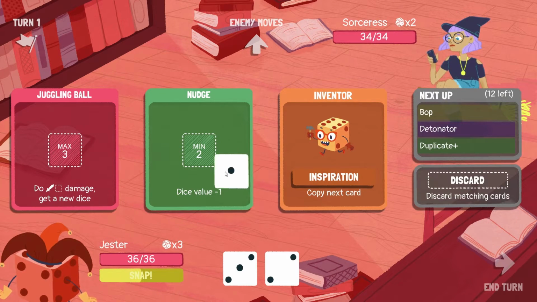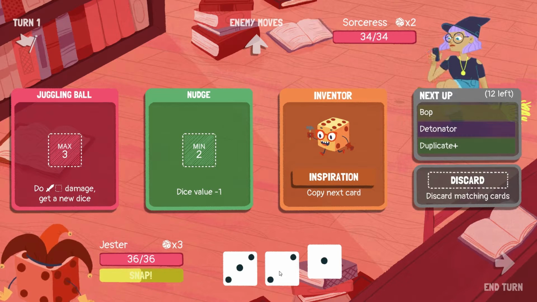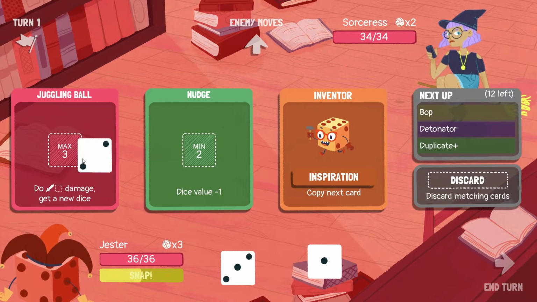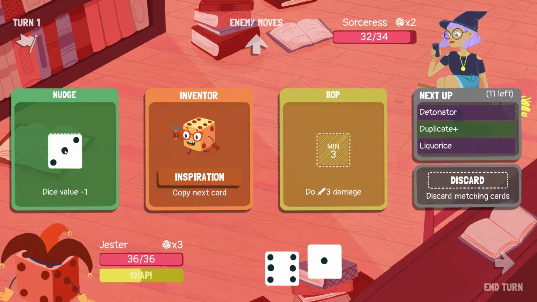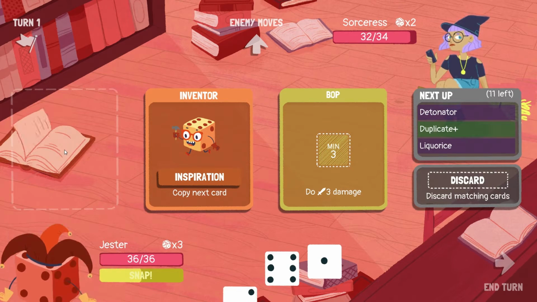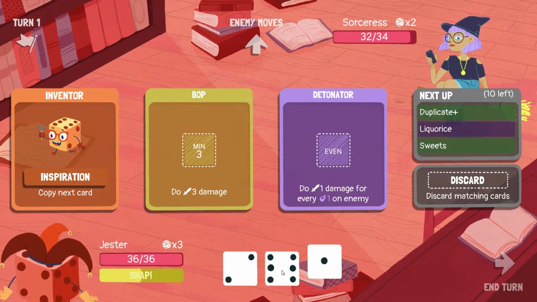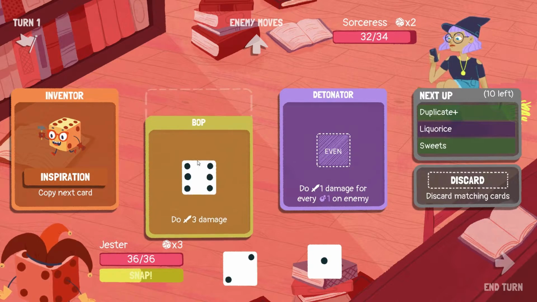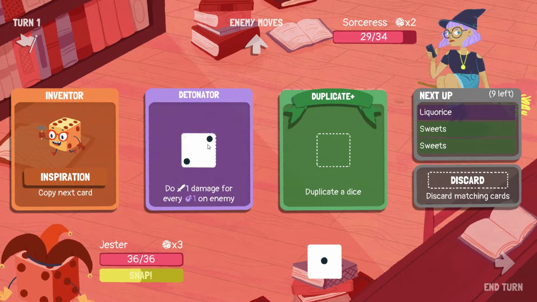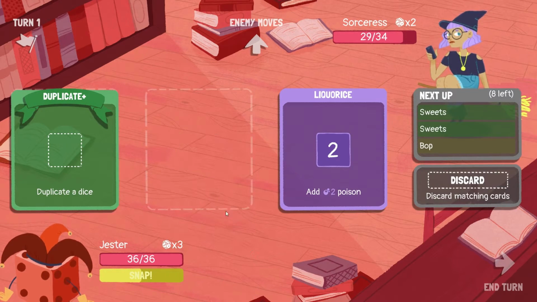Double duplicate. What we want is a 3. No, we want a 2 in Juggling Ball. Give us a 6. That's great. Let's nudge the 3. Minimum 3. It's not exactly what I wanted, but we'll bop, we'll detonate, we'll invent, we'll dupe,